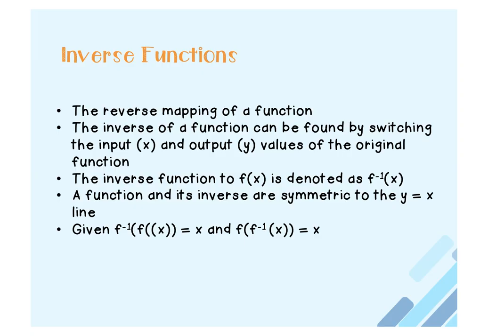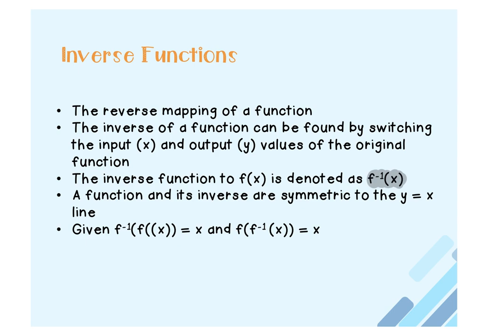And the way you name an inverse is with the little notation that has that -1 as its exponent. So if my original function is f of x, then the inverse is named f -1 of x. If the original was like g of x, it'd be g -1 of x. The function and its inverse are symmetric to the y equals x line. So if I have on my graph two graphs, and I can draw the y equals x line, which is going to cut right through the first quadrant and the third quadrant, and I fold it along there, the